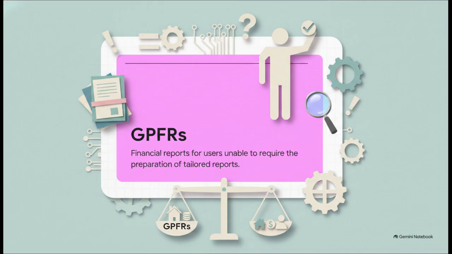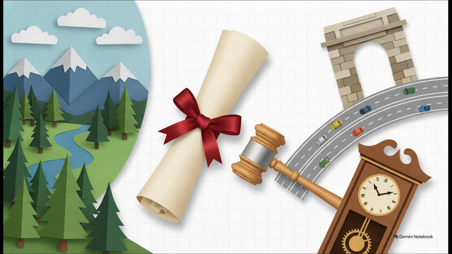They're intended specifically to meet the needs of users who cannot demand tailored reports. And these reports have to account for some wild variables that are totally unique to governments. First, the approved budget is literal law, so reporting against it is how we know if a government followed legal mandates. Second, governments live a long time, often centuries, so reporting has to look at long-term sustainability, not just next